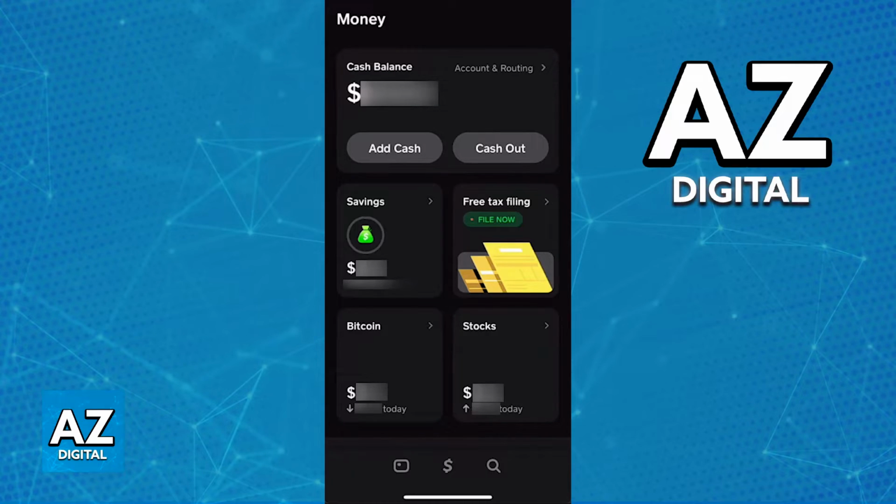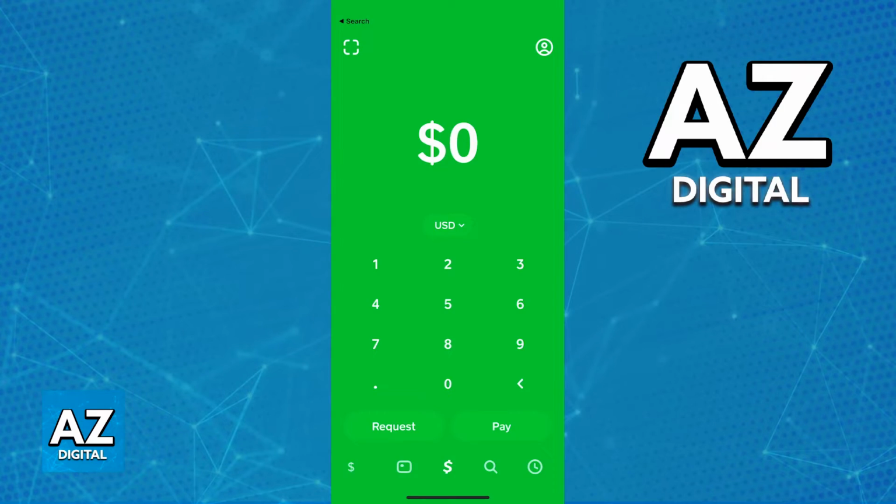Now, because of the fact of Cash App not being a bank account, you will not be able to add Cash App to Wells Fargo. So to answer the question in the title of this video and get this out of the way, you won't be able to directly link Cash App to Wells Fargo. So in this video, I'm going to show you an alternative. You will still be able to link Wells Fargo to Cash App, but you can't do the opposite. So keep that in mind.